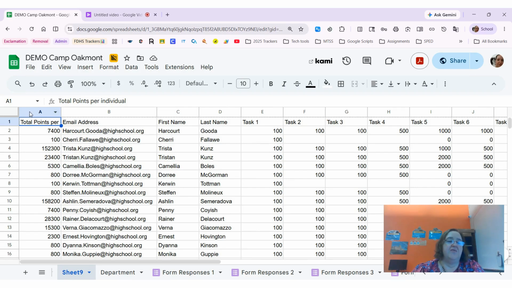So every cell has a name, okay? And you know its name by looking at the column and the row. Our columns are all alphabetical. So that means they're A, B, C, D. And then if you get past Z, then you go to AA, and then you go to AB, and it'll keep going until you get to ZZ. And I honestly don't know that I've ever gone beyond ZZ. But anyway, we have our rows, which are numerical, right? And there is a limit to the number of rows that they'll let you have, but it is a lot,